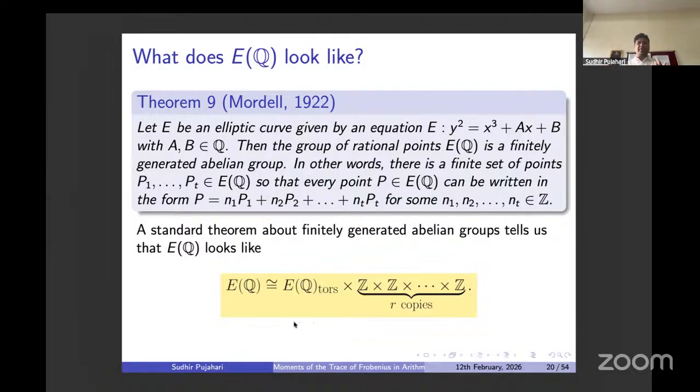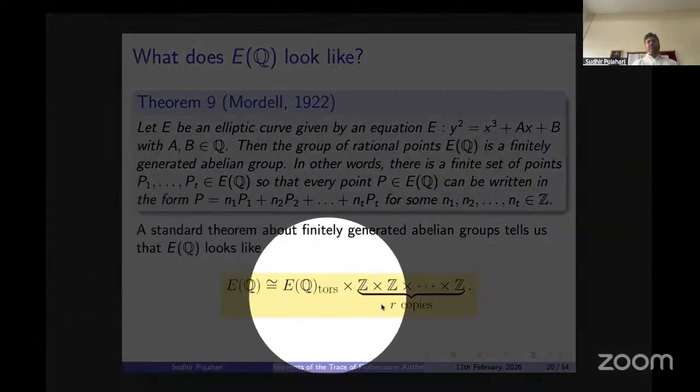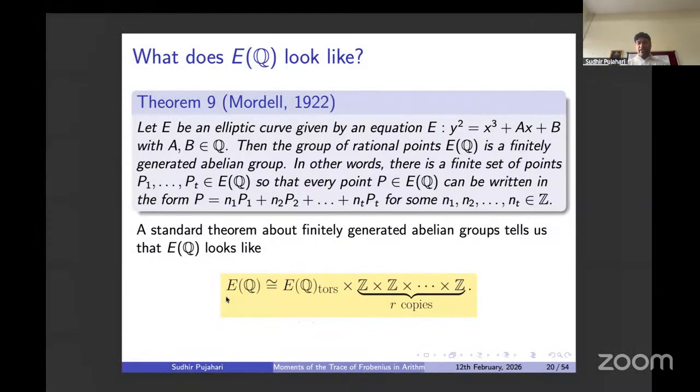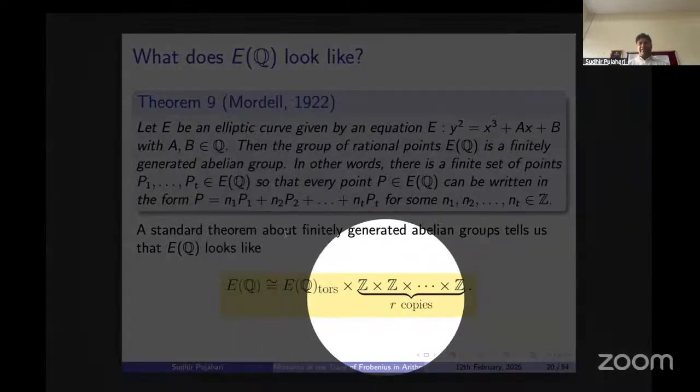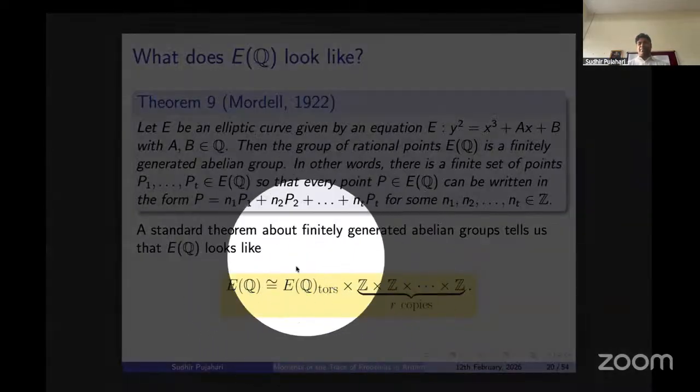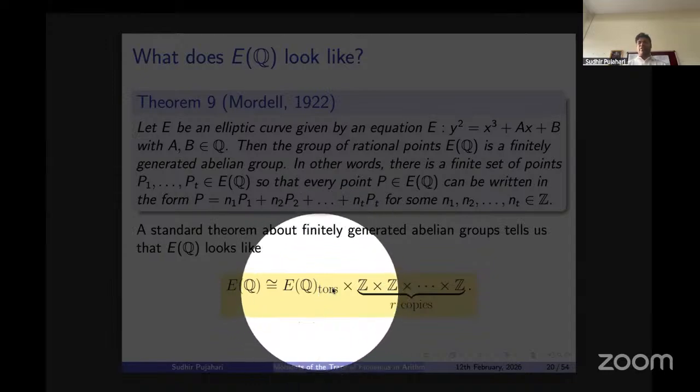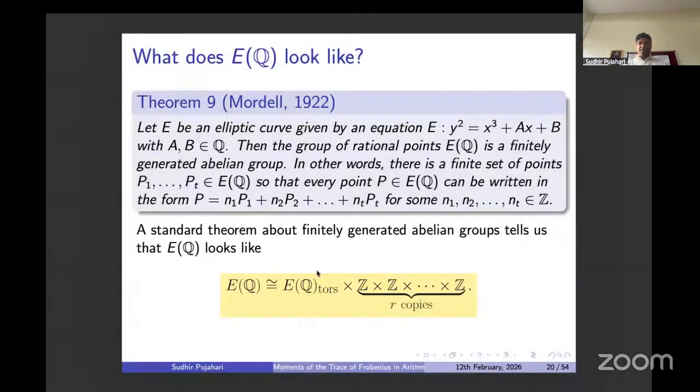Amazing result, right? Geometrically, algebraically, whatever way you would like to think, this is a very, very nice result. Because this is an abelian group, the group of points on the curve with rational coordinates can be seen as a finite part, which is the torsion part of the group. Because it is abelian, we know this can be written as a direct sum of cyclic groups plus some copies of Z. The number of copies of Z is precisely known as the rank of the elliptic curve. You might have heard about it. And this is the torsion part of it.